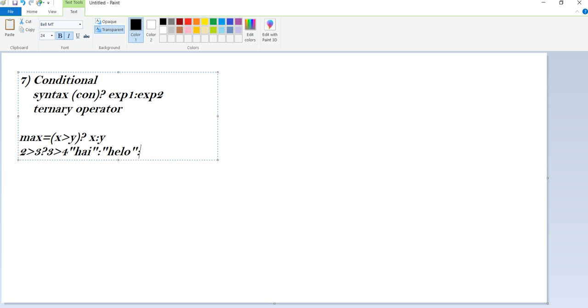Like this, it can be used in a nested way also. This is the simple conditional operator.